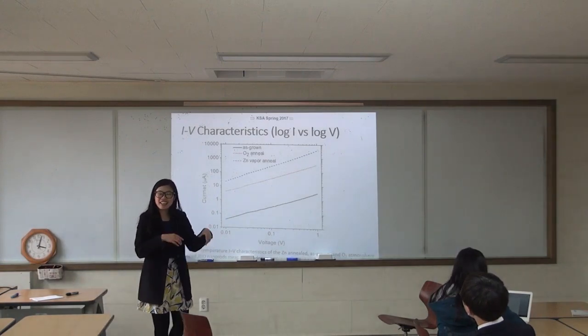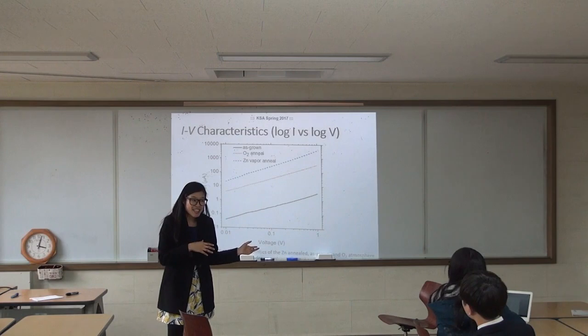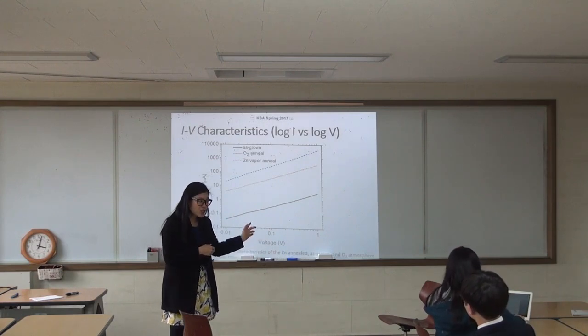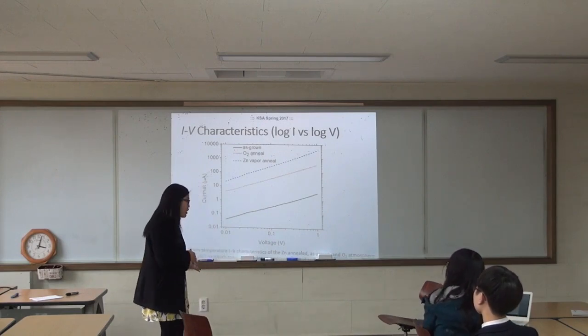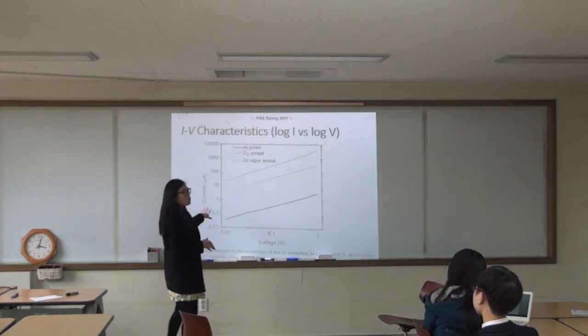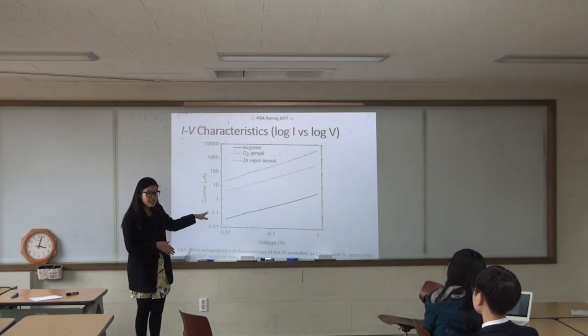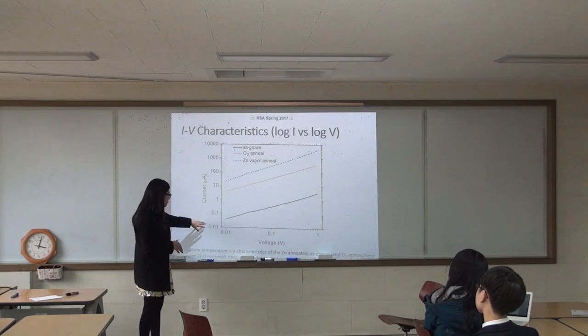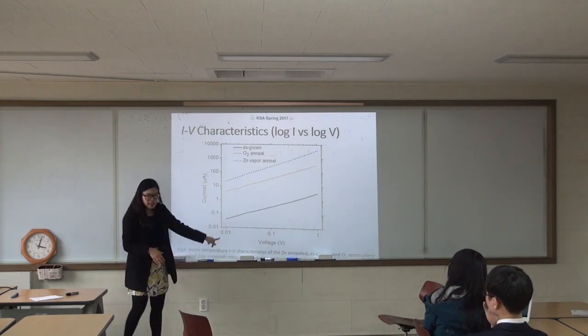You already know about the optical properties of my sample, right? Next step, I'm going to show you the electrical properties of those zinc oxide nanorods. For the electrical properties, I did the IV characteristics curve here. I'll show you. The black one is the S1 sample. As you can see, now